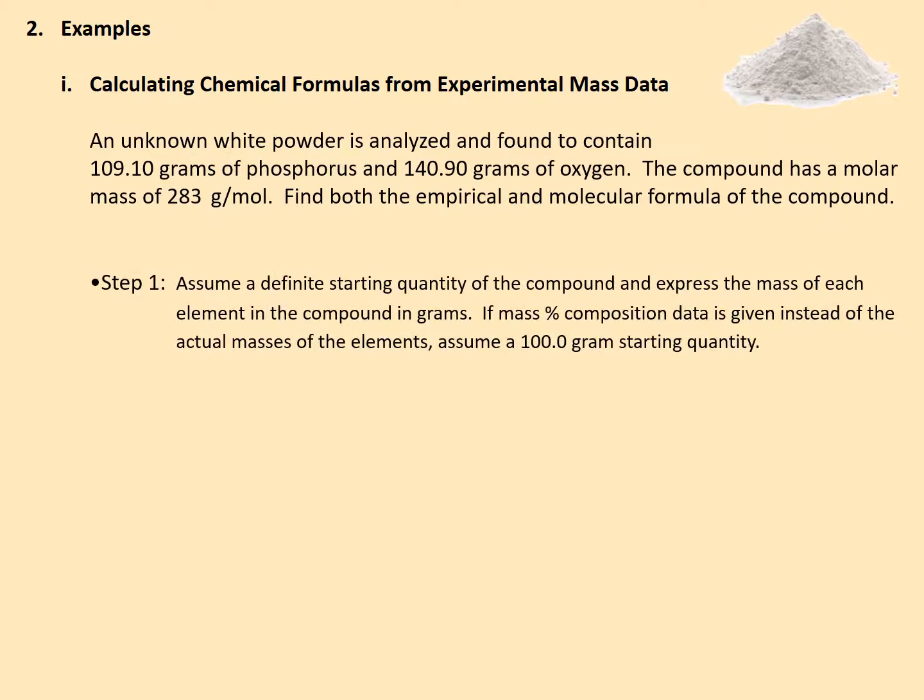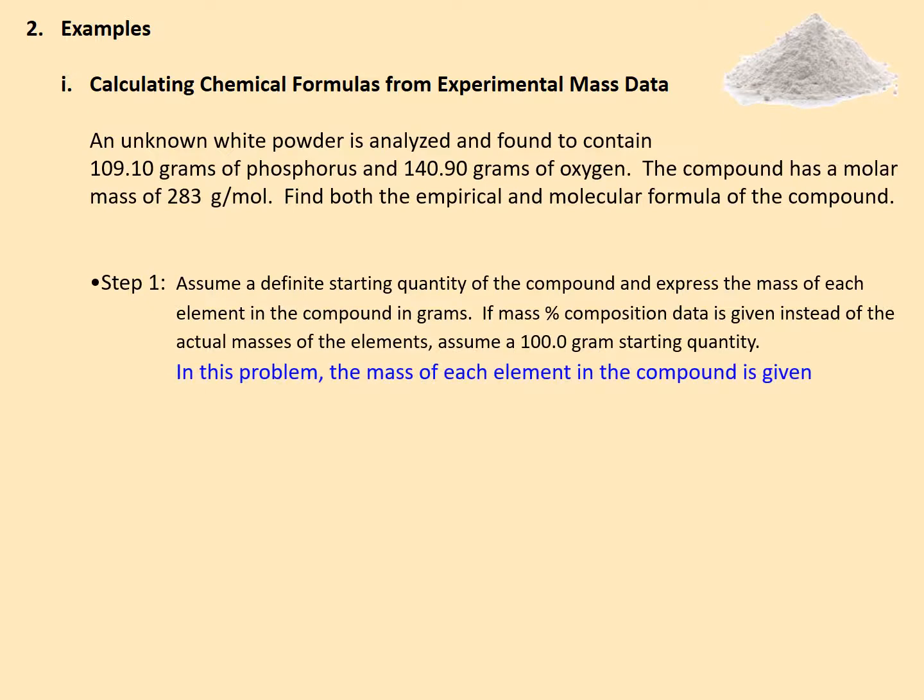So step 1, just repeating what we had on the previous slide: assume a definite starting quantity of the compound and express the mass of each element in the compound in grams. Now in this problem, we are actually given the mass of each of the elements in the compound in grams. An experiment was done in which this compound was analyzed, or separated into its elements, and the mass has been given to us. So there's really nothing to do here,